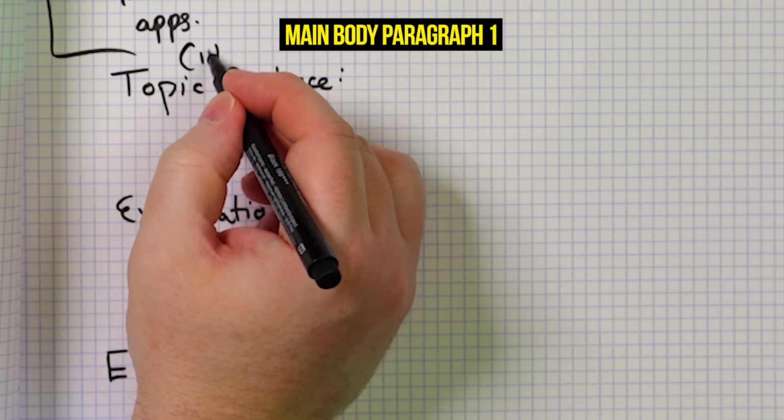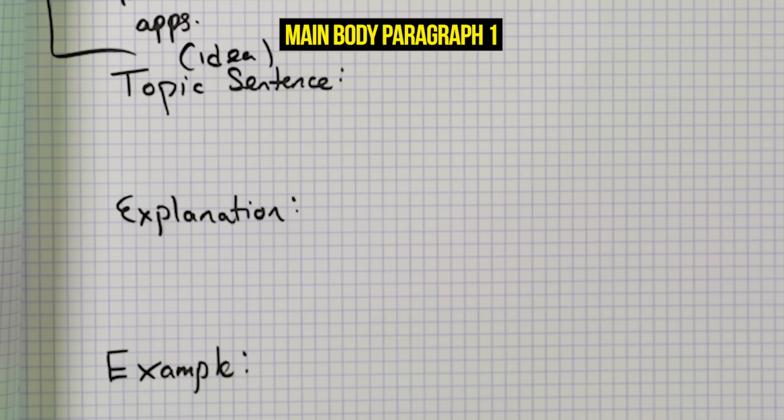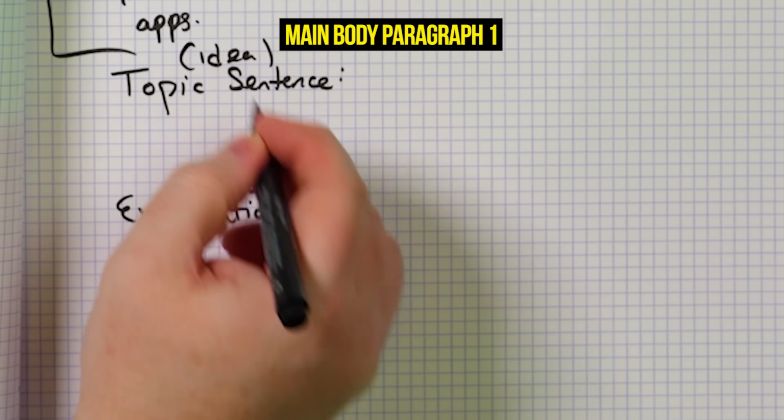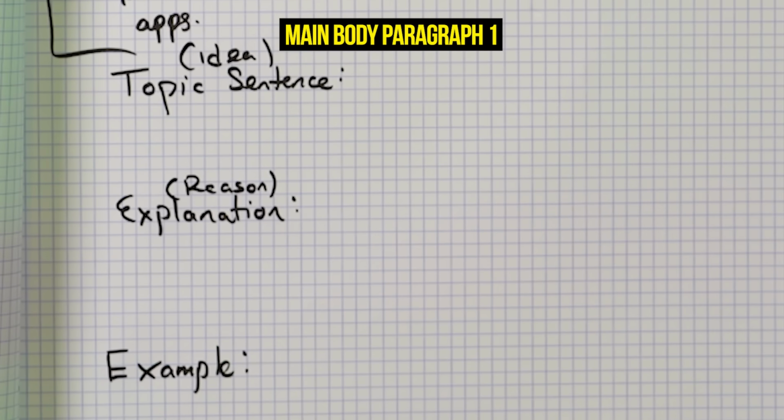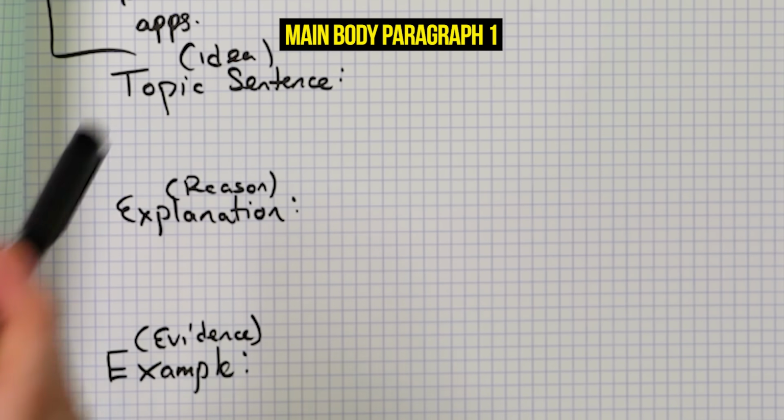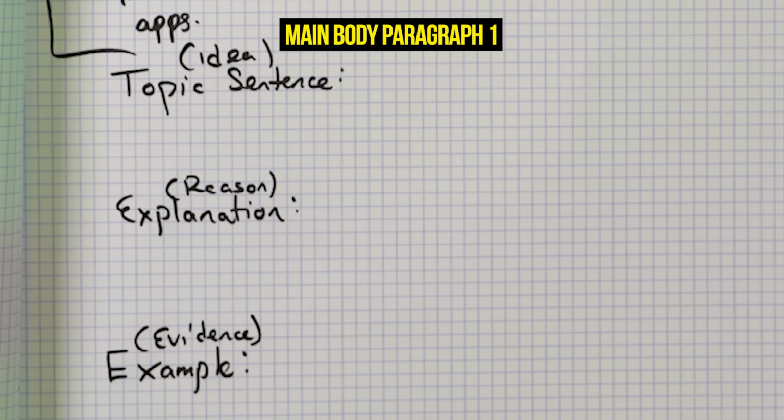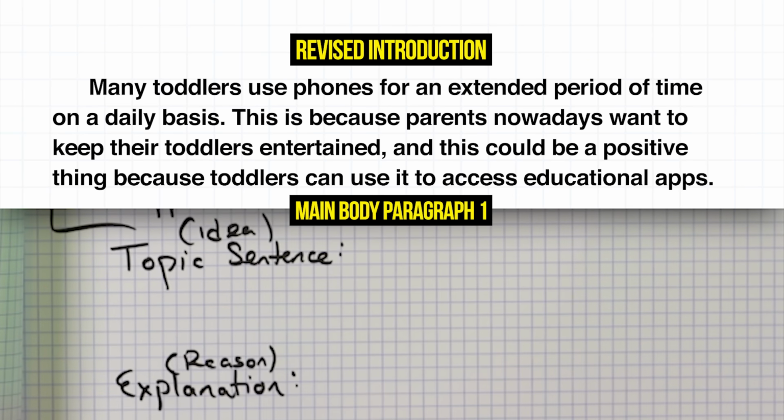The topic sentence is the main idea. The explanation is the reason: what is the reason why you think that is true? And then the example, another way to think about this is evidence. What is the evidence to support what you are trying to say? So the good thing about this structure is we can actually use our introduction here to populate our structure in